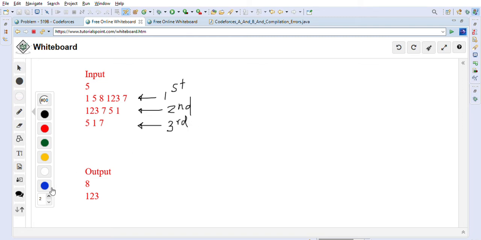So first let's solve this problem visually and then we will develop the algorithm. As you can see, if you look at the second compilation errors and compare it with the first one, you will see that 1, 2, 3 is here, 7 is here, 5 is here, and 1 is here and here. So only 8 is not there in the second, which means that he fixed the error 8. That's why it's not showing in the second compilation errors. After that, we are comparing the second and third, right?